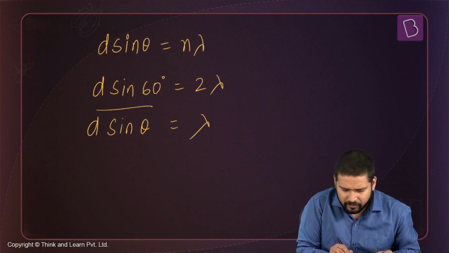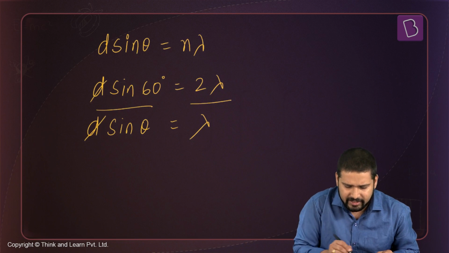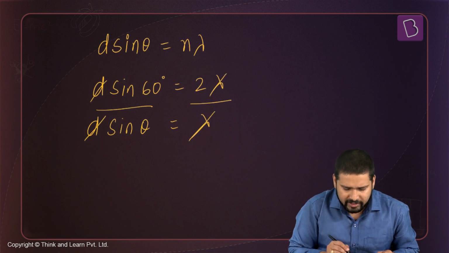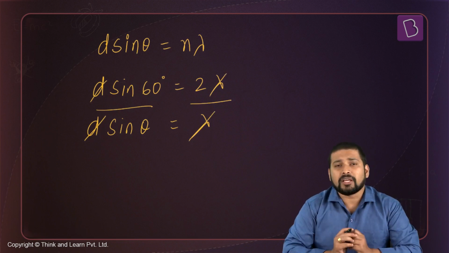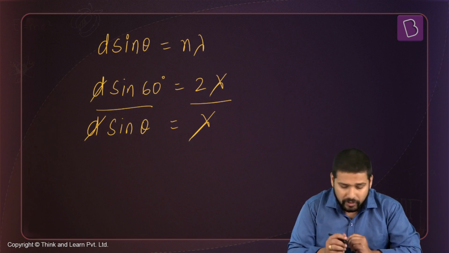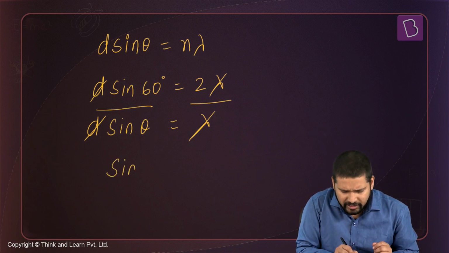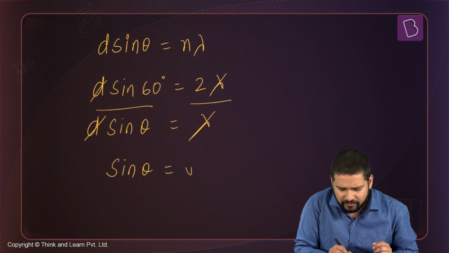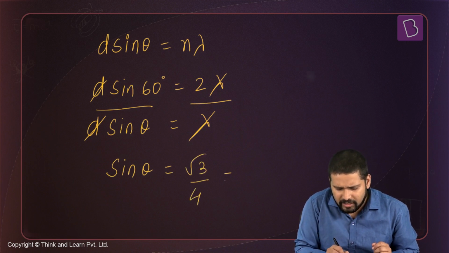If I divide them, what do we get? Well, d gets cancelled out and this lambda gets cancelled out. Sine 60 is root 3 by 2. So if you rearrange, you end up getting the value of sine theta equal to root 3 by 4, and that is equal to, well,